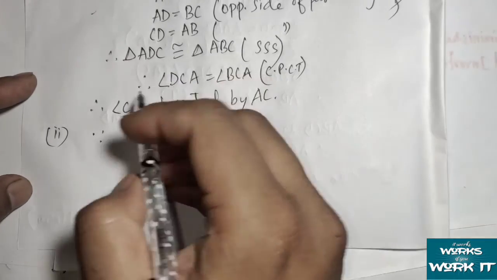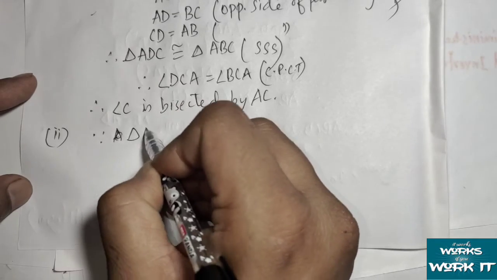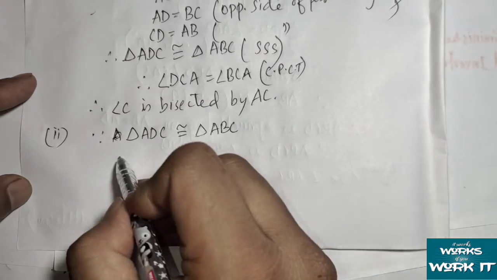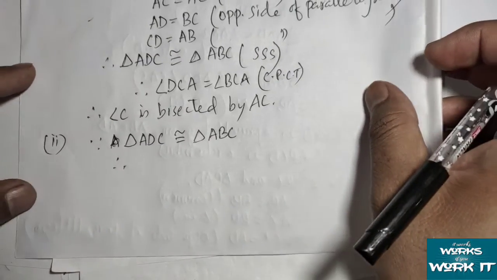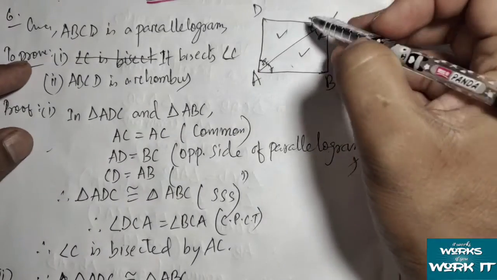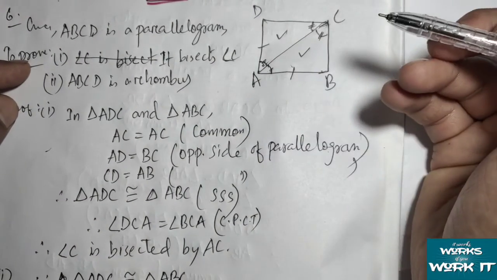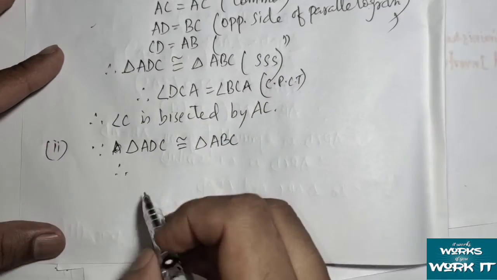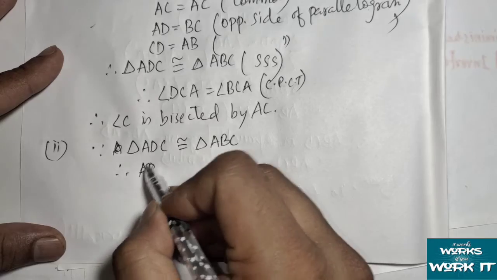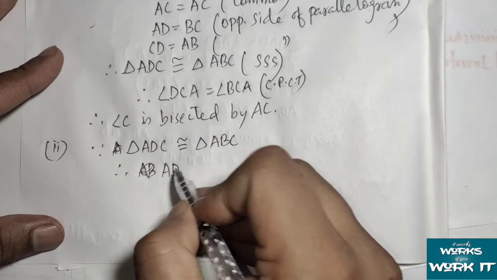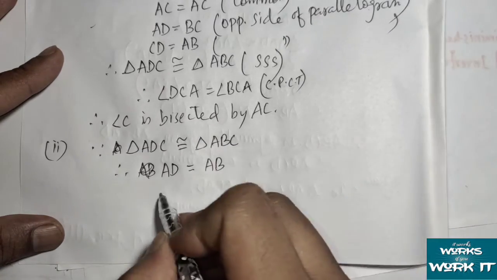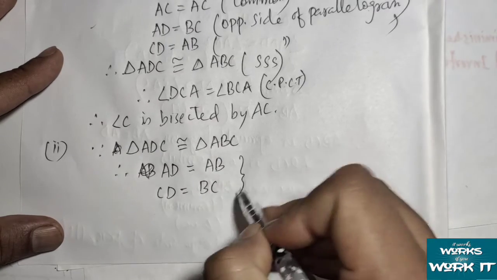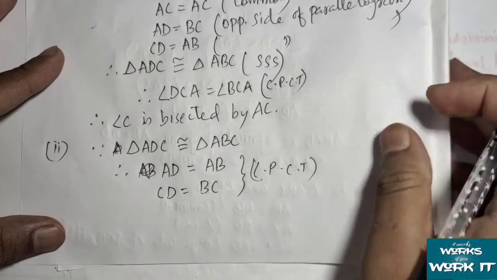Since we have got triangle ADC is congruent to triangle ABC, using CPCT we can take many things from here. What we can take: AB is equal to AD, and BC will be equal to CD. From ADC we are taking AD is equal to AB, and then CD is equal to BC. Compare the diagram, okay, CPCT. And also